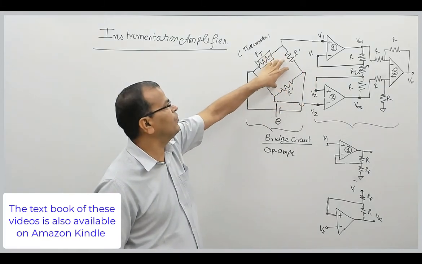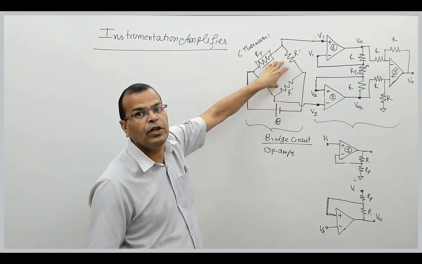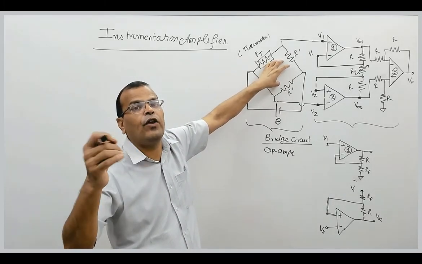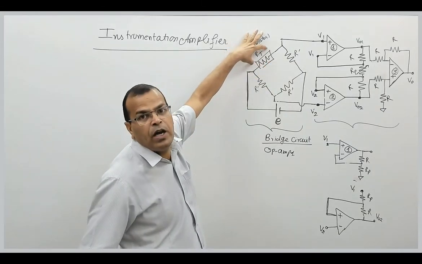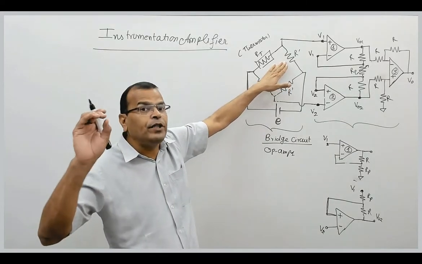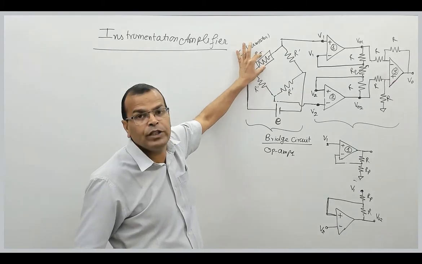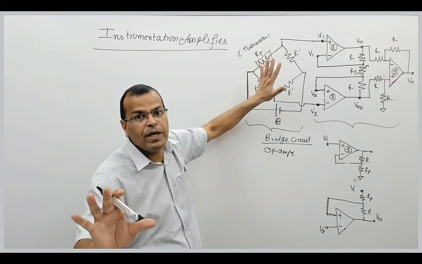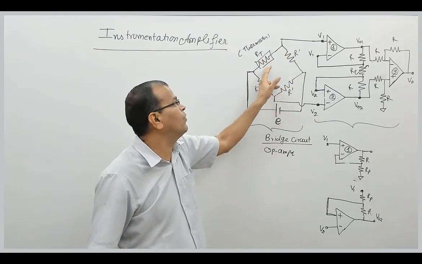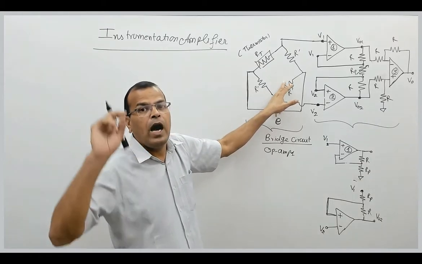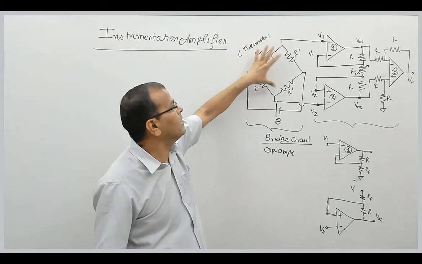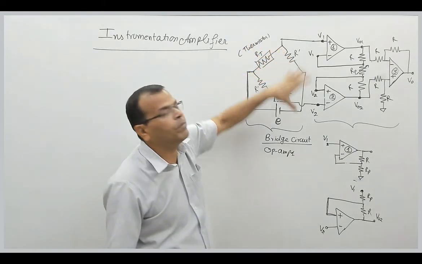The input stage of the instrumentation amplifier is a bridge circuit, where the bridge is used to sense the voltage from a sensing element like a thermistor. I have a thermistor here which is made part of the bridge circuit. So when the temperature of a process changes, this resistance will change. Normally at ambient temperature, or normal temperature of the process, all four resistances are kept the same. And when the temperature of the process changes, the resistance of this thermistor will change and the voltage between these two terminals will change.